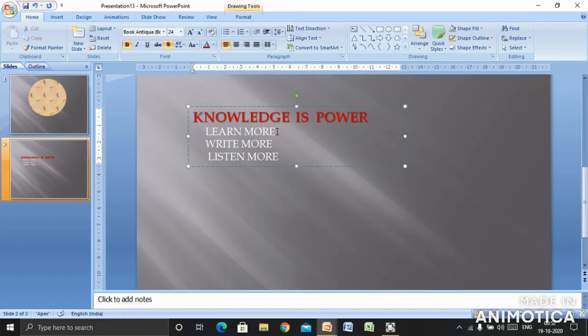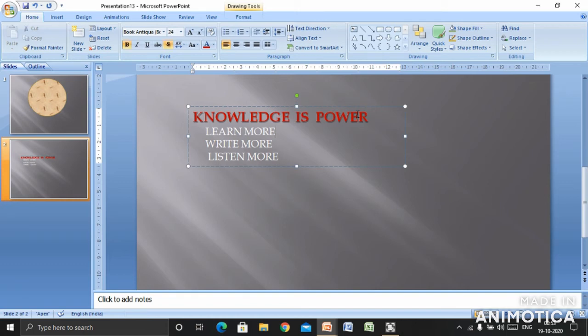Okay. This text I have written. It is very clear that there are changes in both the text written in the heading and the 3 lines which I have written below. Now suppose if we want to format this text, how do we apply the formatting effect, children?